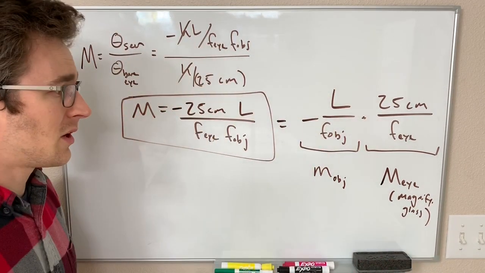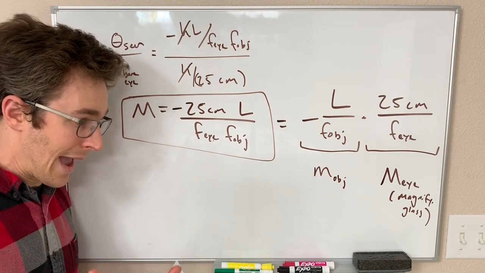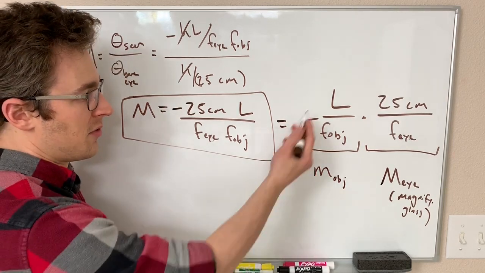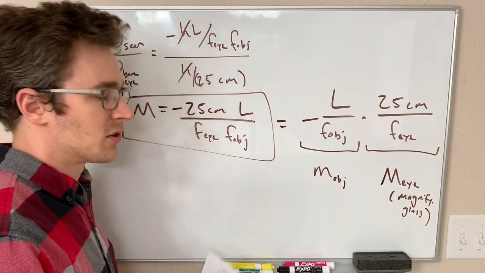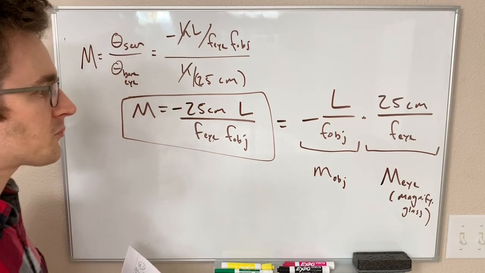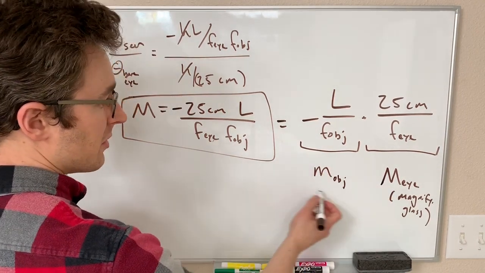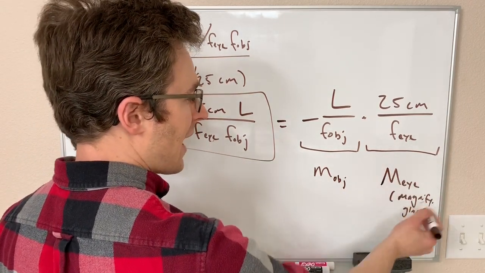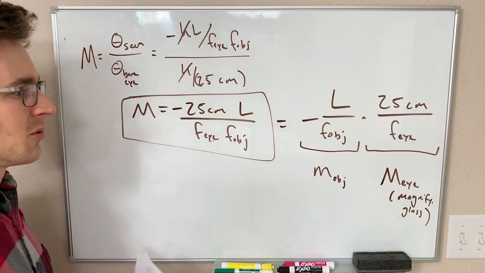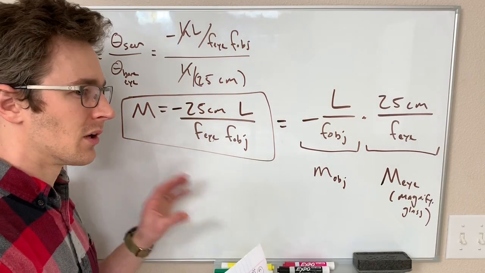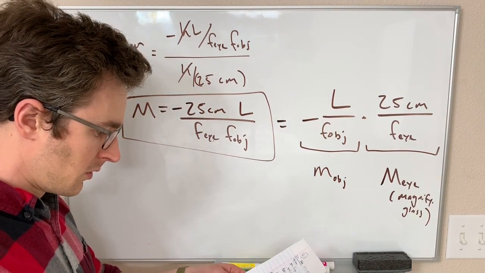And that is because what's going on here is our eyepiece lens is letting us look at the image we got from the objective, just as if we were holding a magnifying glass close to something and looking at it. So the product of these, the magnification from the objective lens and the magnification from the eyepiece lens, is our total angular magnification for the microscope. So we can think of these two lenses as each doing their own thing and multiplying together. All right,